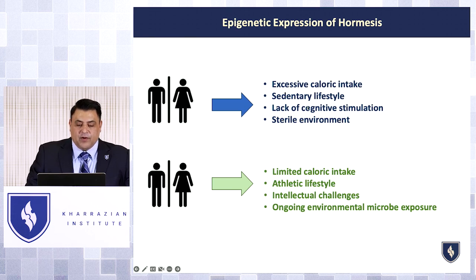So up here, the person has excessive caloric intake. They're going to basically promote protein aggregation. They're going to promote inflammation. They're going to promote inflammaging. They're going to turn off their longevity genes. The sedentary lifestyle is going to do all the same things. Lack of cognitive stimulation, they're just not going to develop plasticity, connectivity. They're not going to impact neurogenesis. Everything here is showing that they're not going to develop mitochondria. Sterile environment means they're not going to develop any kind of microbiome